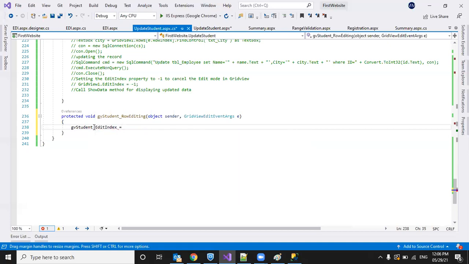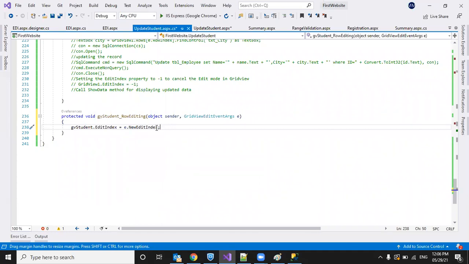So from where do we get this value? We are getting arguments, right? Which control is sending this event and what are the arguments of that event? We can get that from here. So gvstudent.EditIndex equal to e.NewEditIndex.